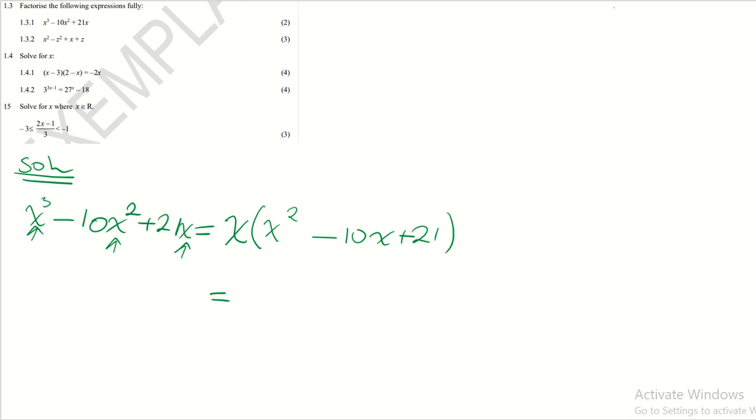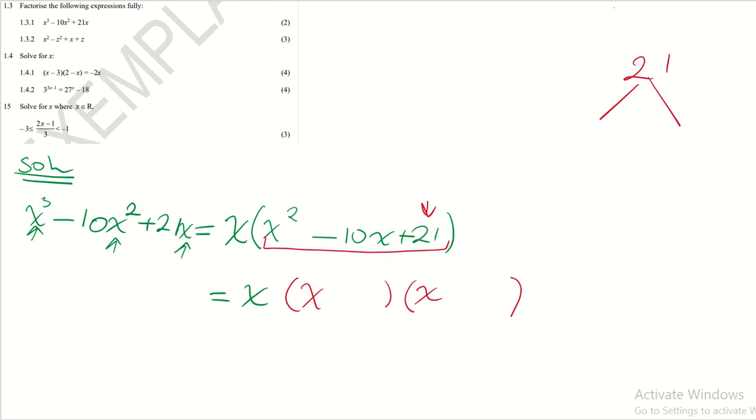So now here inside we have a quadratic. I can factorize this quadratic part here. So open two brackets here, then you say x for this problem. Now I want to find factors of 21 such that when I add these numbers, I get this